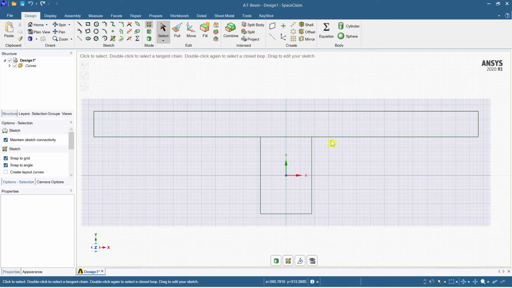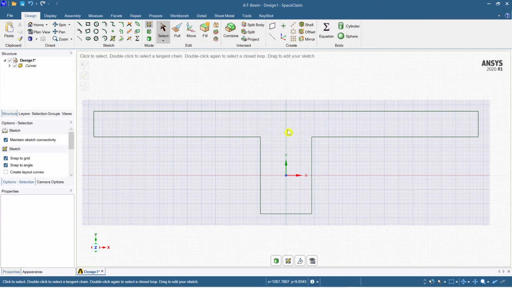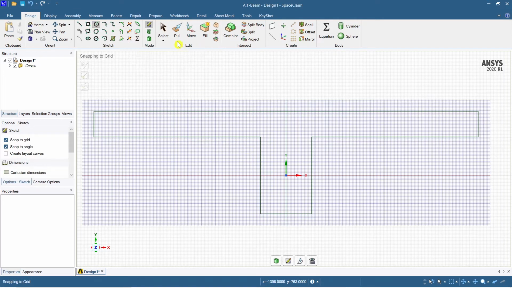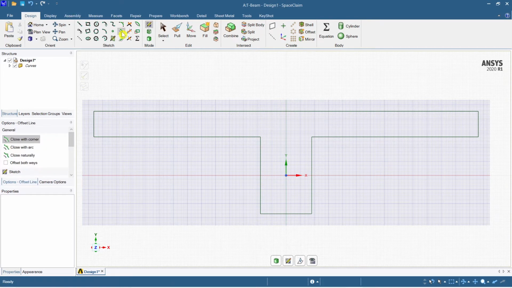Now I need to delete this line. Just hit delete here, and then I'm going to take a circle here. Before that I want to give an offset because there is a 25 mm cover here.